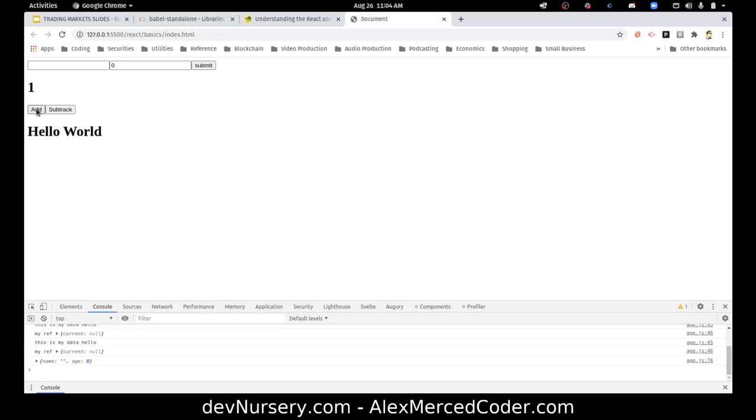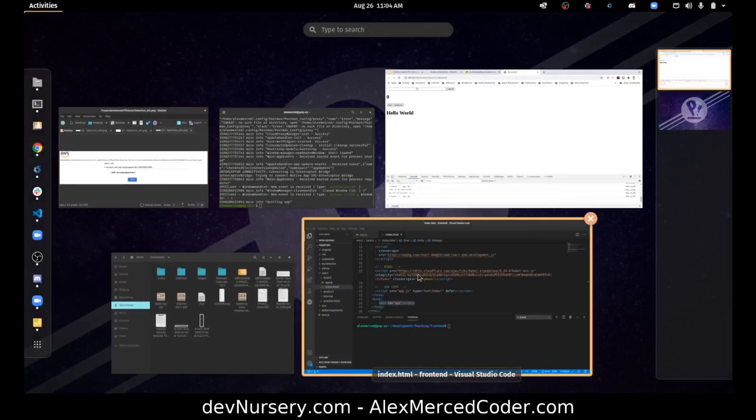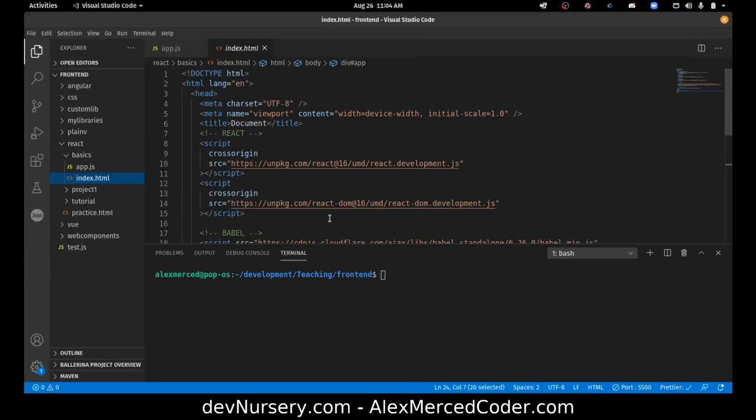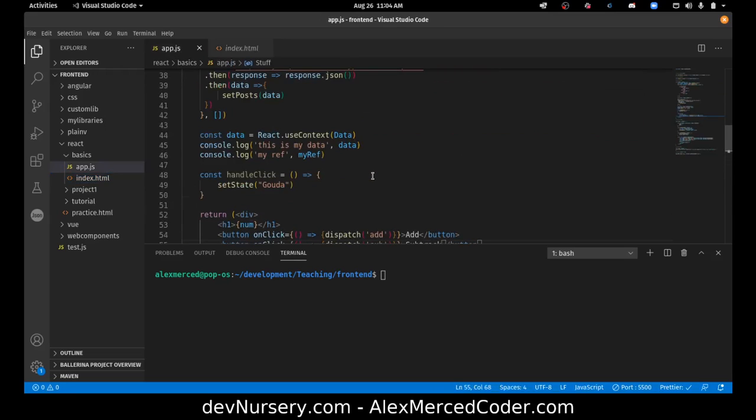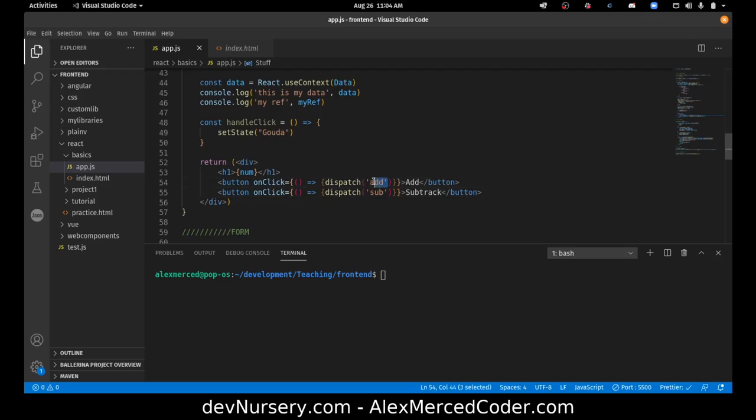It takes a look at that action, add, matches it up against a switch, and does that. So I can hit add, subtract. So instead of having to create like a bunch of different functions, I'm creating one function, and then what that function does is just based on my action. And what some people will do is that instead of just having dispatch as just a string,